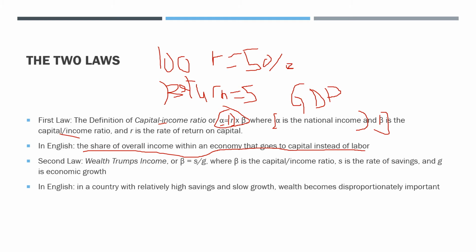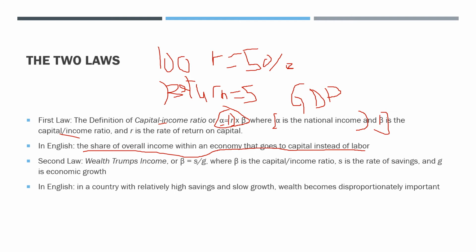But basically, we are asking, if we were to think about an economy, how much it grows and how much it produces a year, how much of that money or goods and services or whatever it produces is due to capital, and how much of it is due to labor? And then the share of capital, the capital income ratio here, is basically what share of that goes to capital instead of labor.